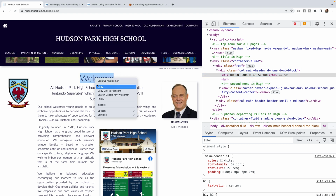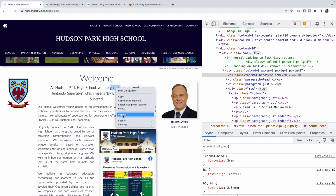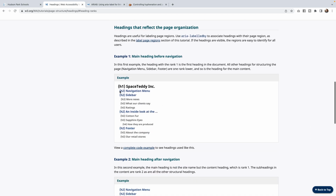But then the welcome becomes also the H1 when it really should be the H2 down below in this direction, because we're now having a header and then a subheader down below. And then this should in theory be a paragraph or an H3, but I could easily go paragraph in this direction. And that's because if we think of headings with web accessibility, we should have really only one H1 telling us what the main title is,